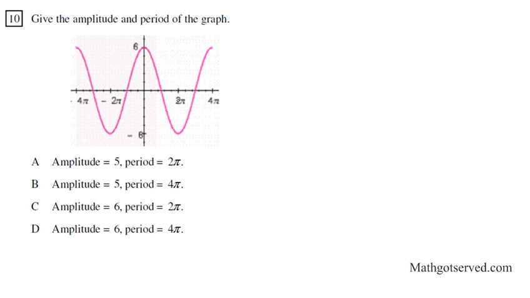Question 10, give the amplitude and period of the graph. Amplitude is the measure from the center to the max or center to the min. If I'm going center to max, right here, that's the amplitude. So how high do I go from the center to the max? The max is 6. So in this problem, the amplitude